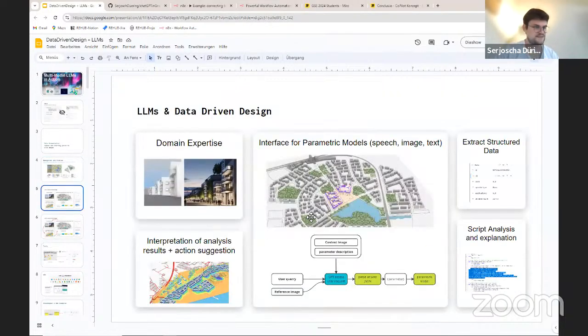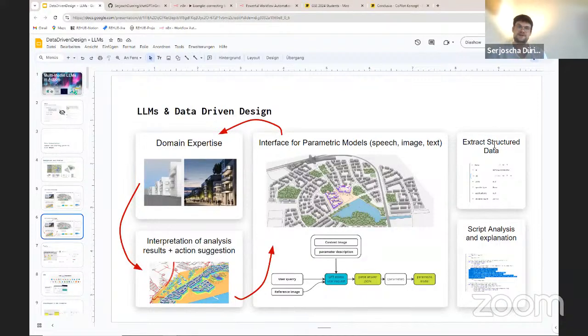And then another great use case is to use it to control parametric models via speech, images, reference images, or text. And if you have seen or used such parametric models, they can easily have 50, 60 parameters or even more. And if you're not an expert or haven't used it a lot, it's quite overwhelming. I think this is another great use case for large language models to take away the complexity and let you work with images and speech, and then just generate the parameters for the model based on these inputs.